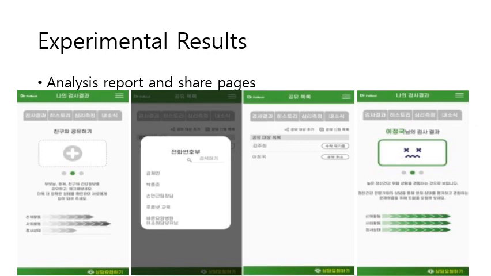In detail, you can select Share My Information from the menu provided by our application and select the person to share information with in advance.